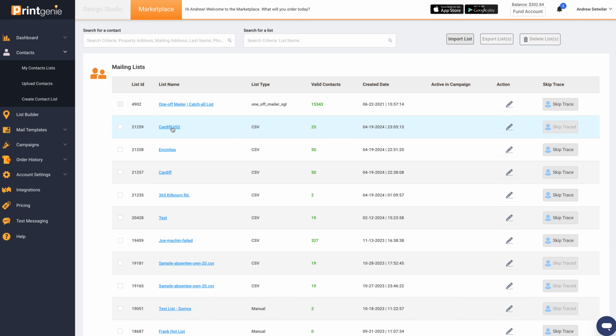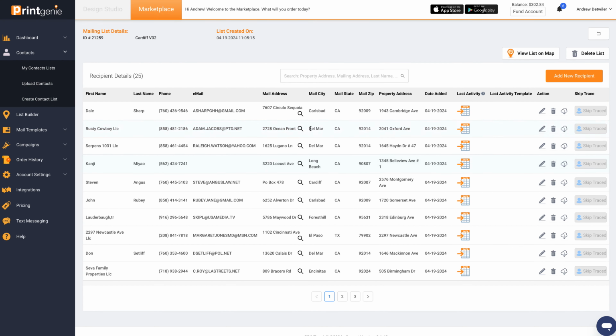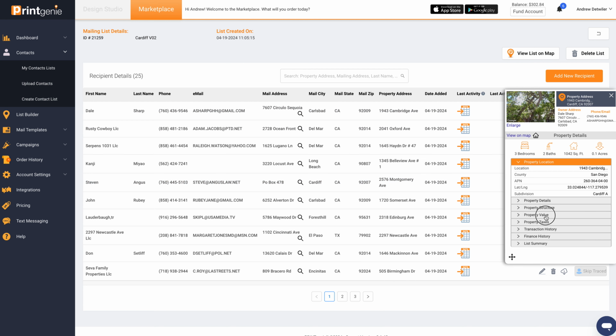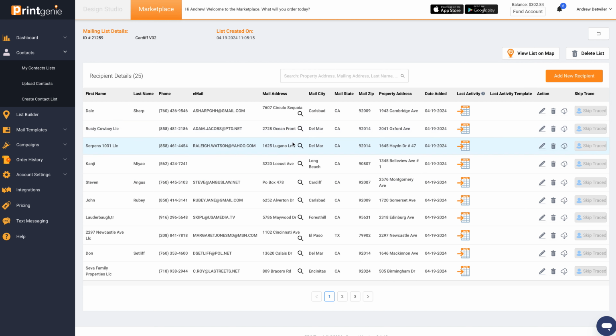Here's that nice list that I just purchased. It shows you all the details about each and every property that you just acquired, right? For what, a nickel, right? So here's another property, and you see here I skip traced. You can just call the phones and emails. You can download each and every person, right? That makes it really easy. If you want to, you can export the entire